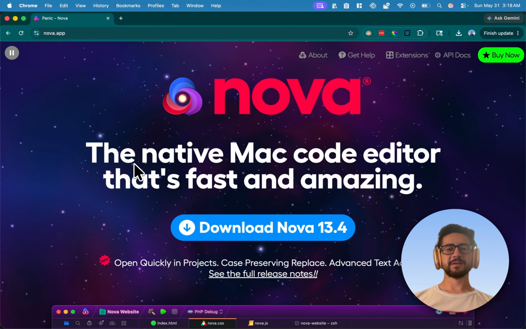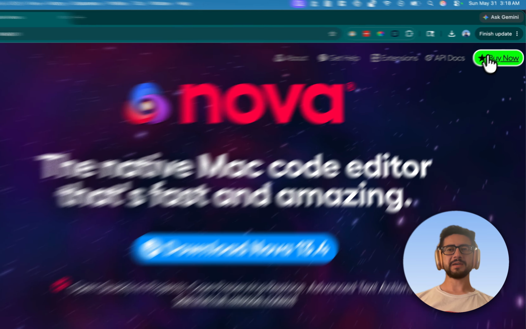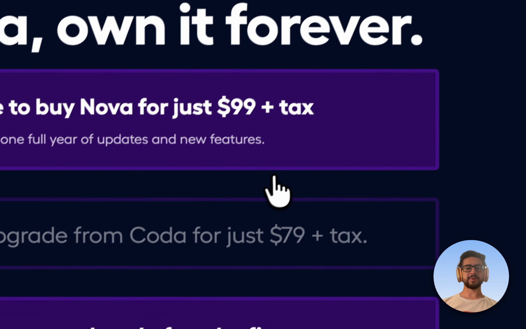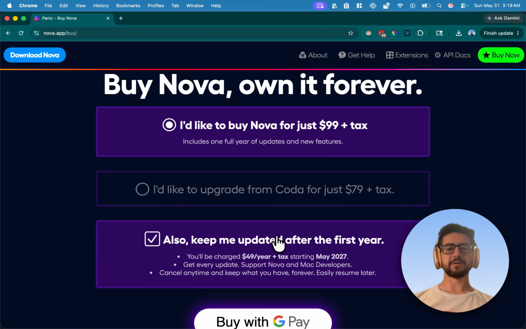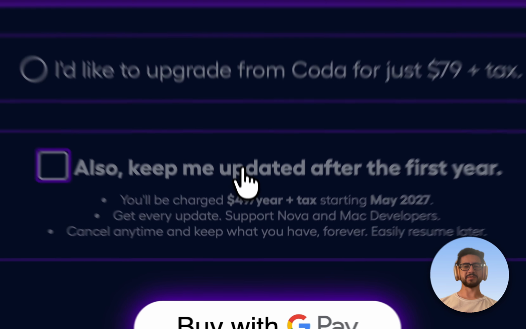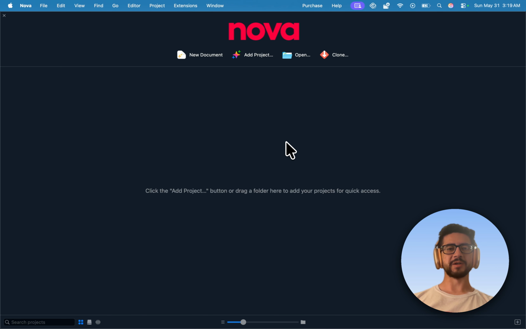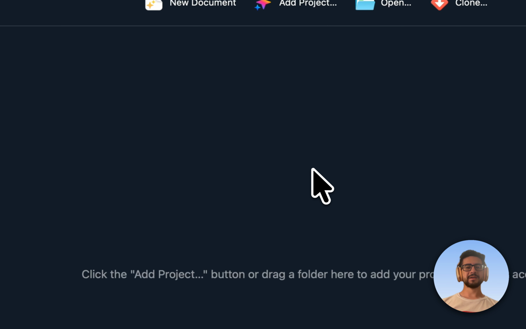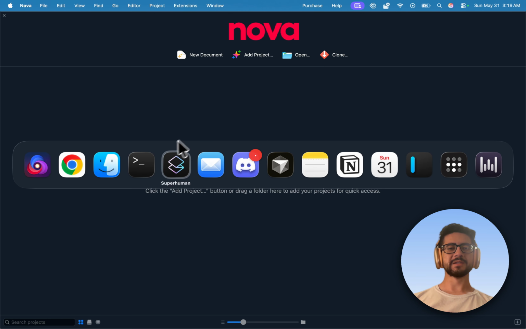Let's jump into Panic. So I've already downloaded it. It looks like it is a paid license perpetually. Okay, good to know, good to know. And interesting, I didn't know it evolved from Coda. I did use to have Coda. So that's good to know. And it looks like I have to do a subscription to have support. So we'll see. I'm still in the trial, but there's a 14-day trial that appears. Downloaded already. And something else I want to highlight is that it looks like, much like Cursor or others, it has